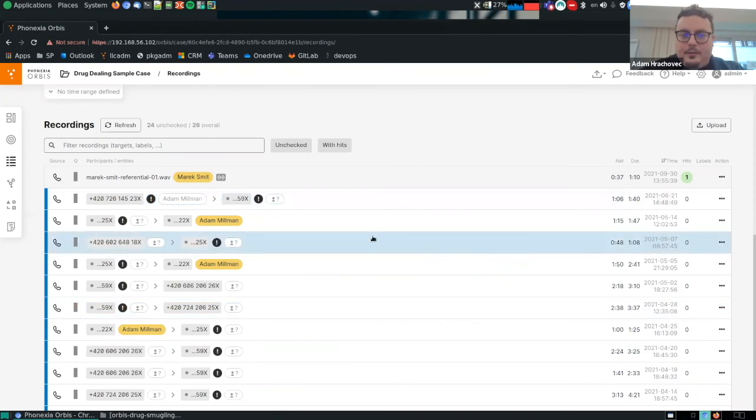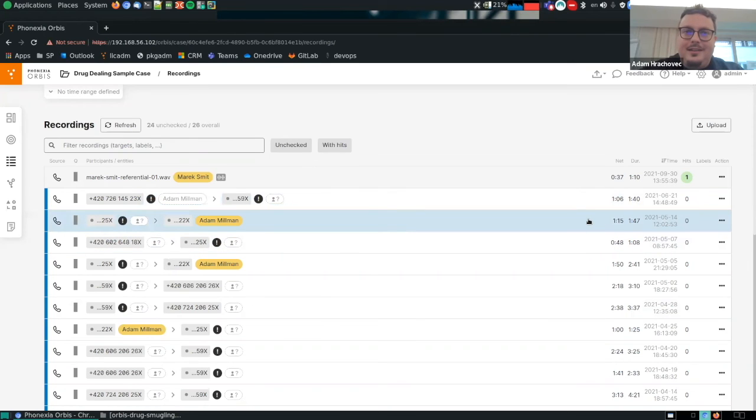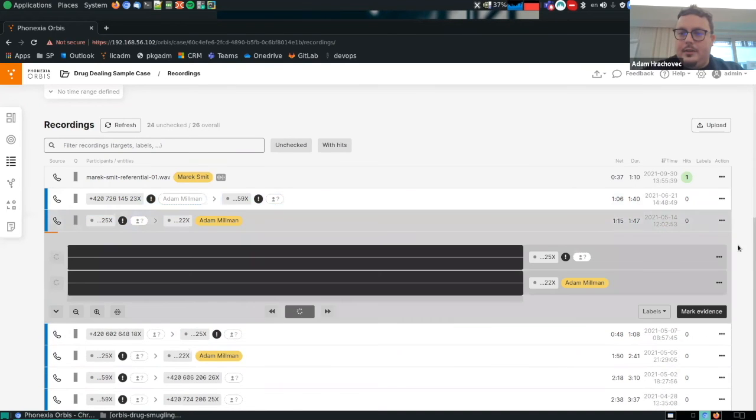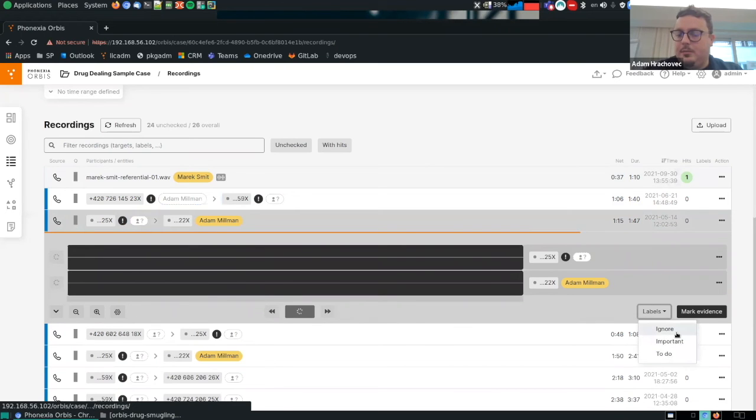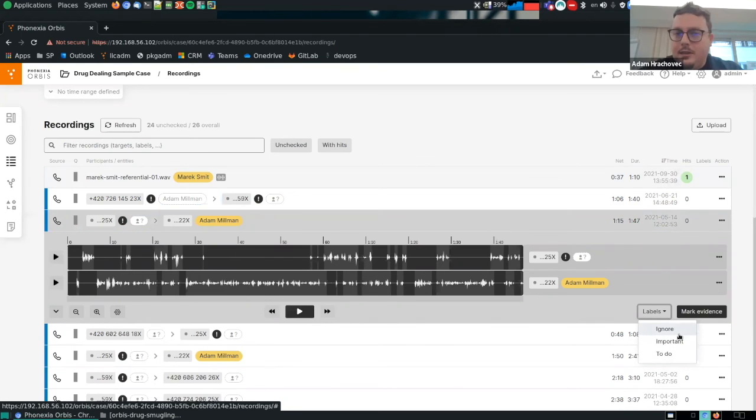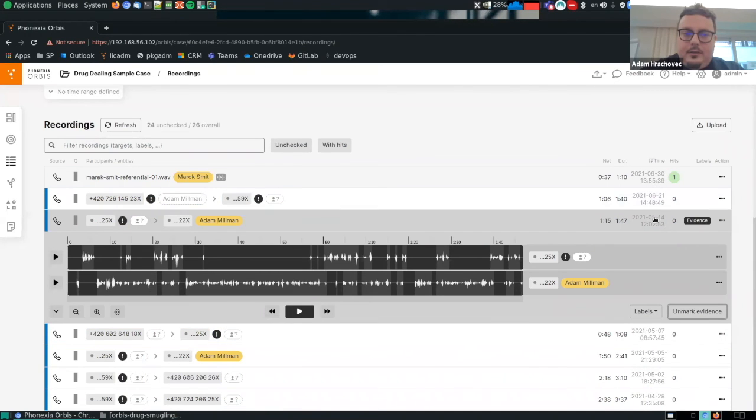When he encounters a recording which is evidence, he can mark it as such. He can also attach labels, but these labels can be custom created. And now I've marked this recording as evidence,